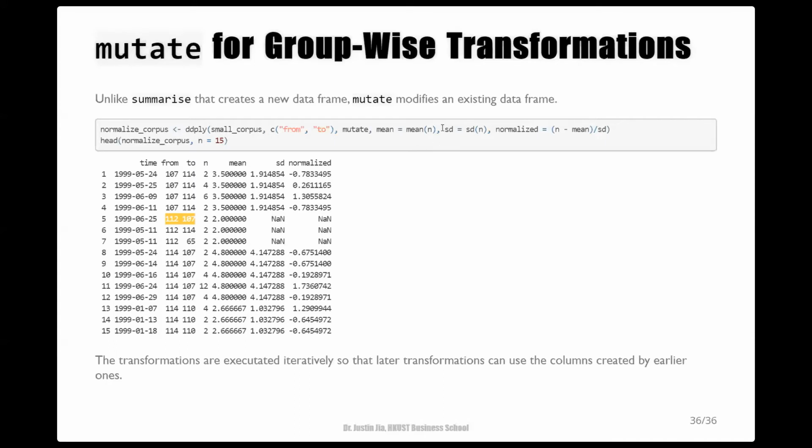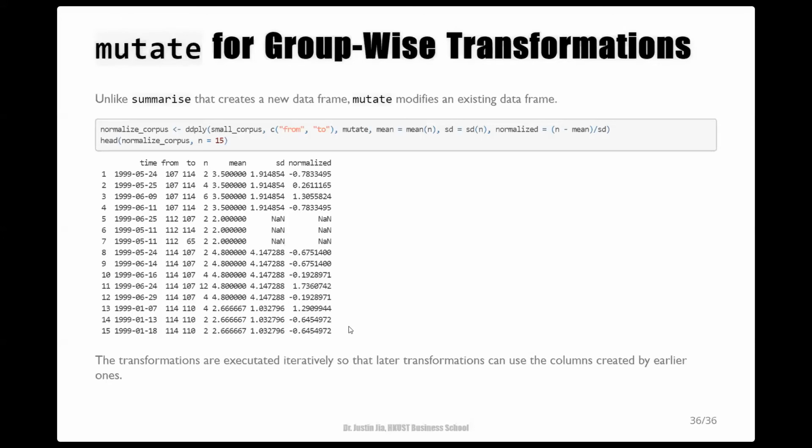And if you take a closer look at these transformations, you may find the third transformation that normalizes the data actually relies on the results of the former 2 transformations. So it suggests that these transformations are executed iteratively so that later transformations can use the columns created by earlier ones.